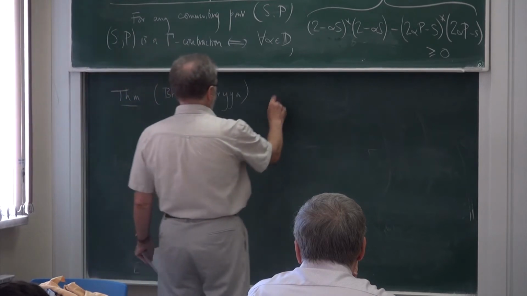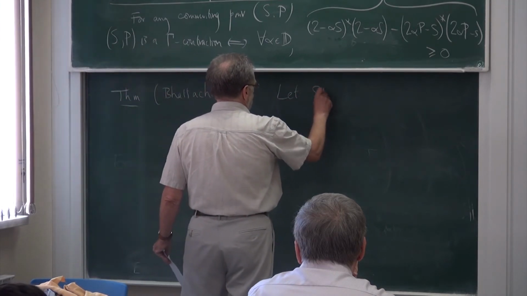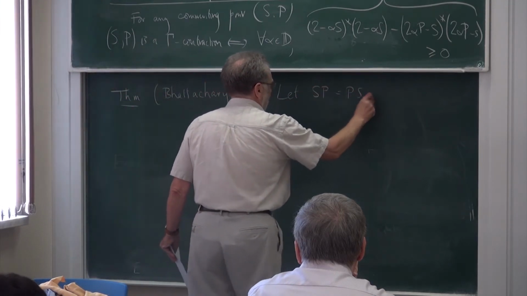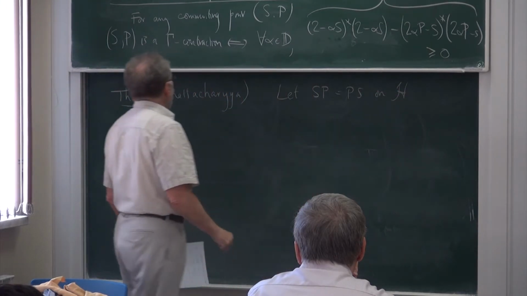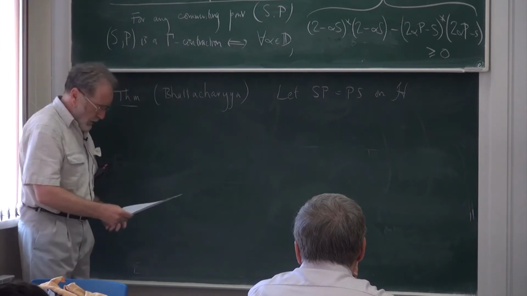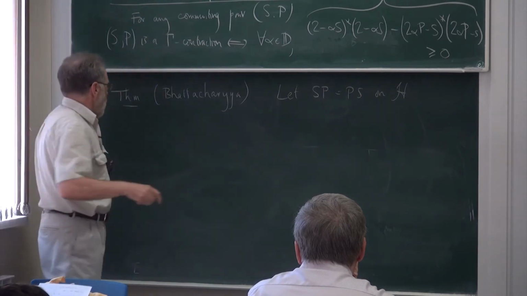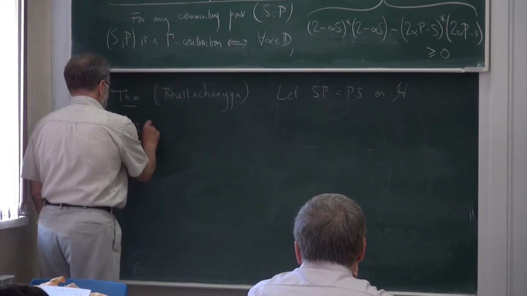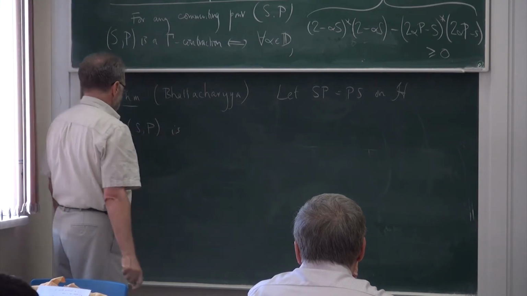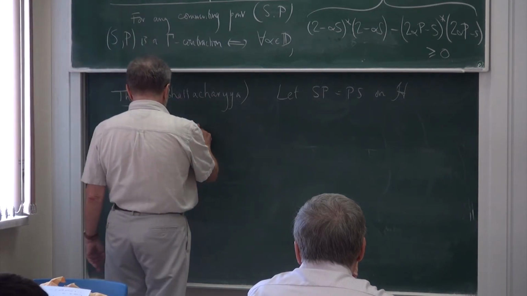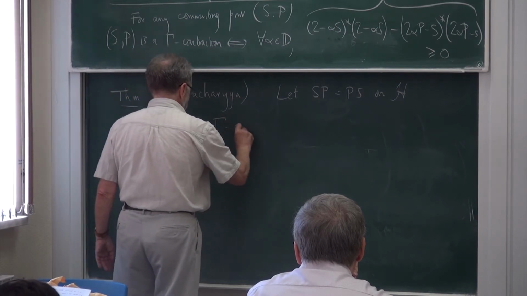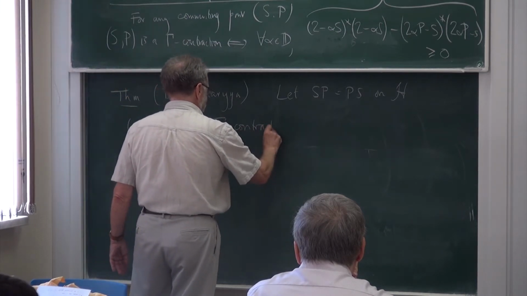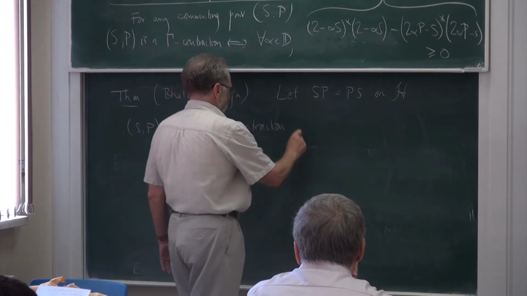And so we assume that we've got a commuting pair of operators on a Hilbert space H. Then S comma P is a gamma contraction if and only if